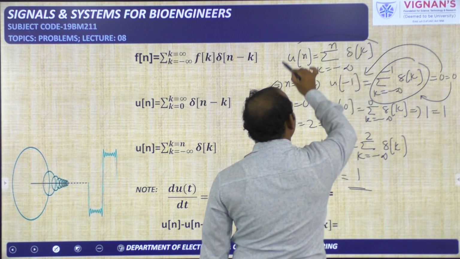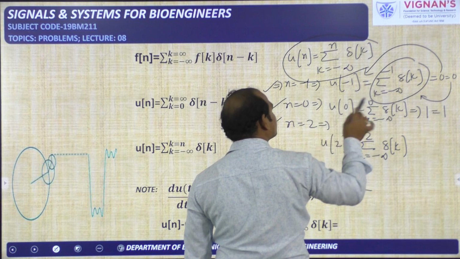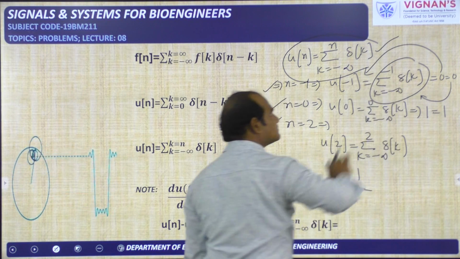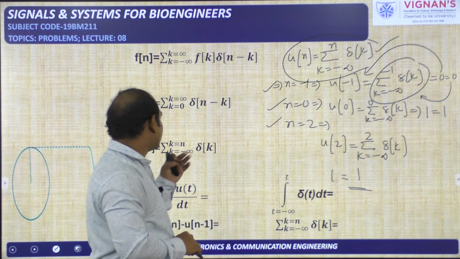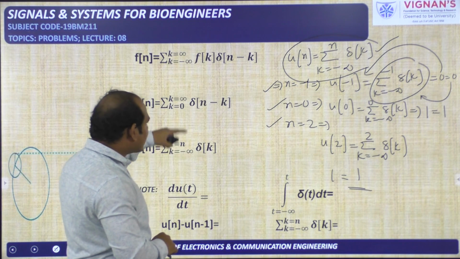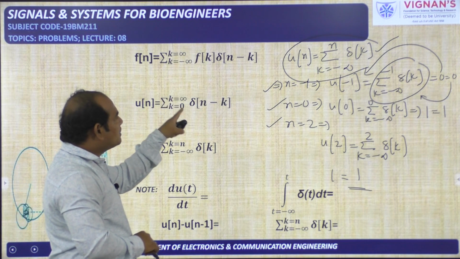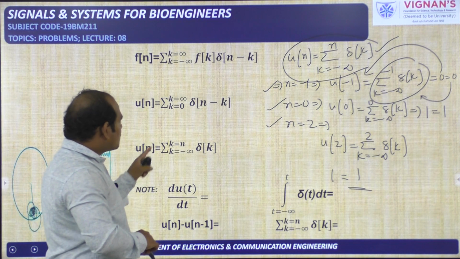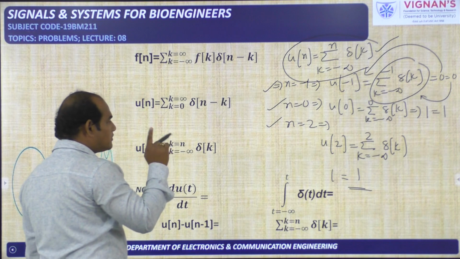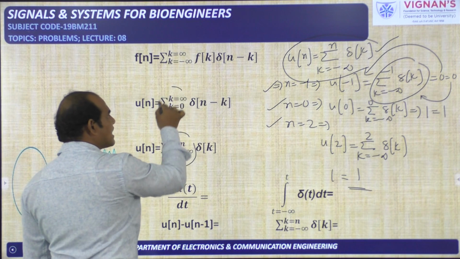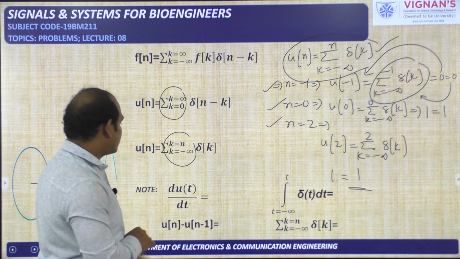So this equation is satisfied for all negative values of n, 0 value of n and positive values of n. So in that way also we can write the u of n. U of n can be written in terms of the del of n in two ways. U of n is equal to sigma k is from 0 to infinity del of n minus k. U of n is equal to sigma k is from minus infinity to n del of k. Here you should concentrate more on the limits, how limits we have taken. We have proved this one and this one. Much practice is required here. Next.